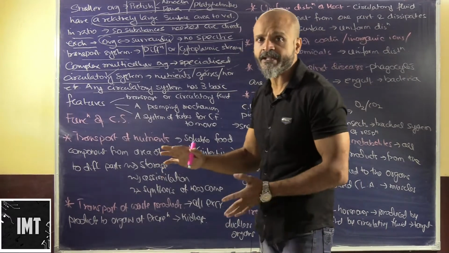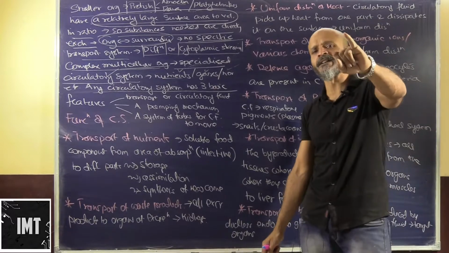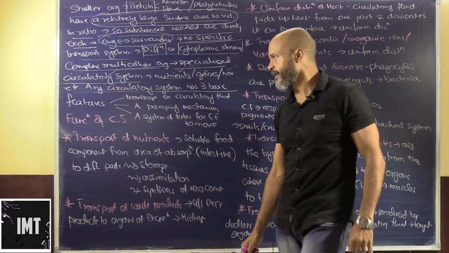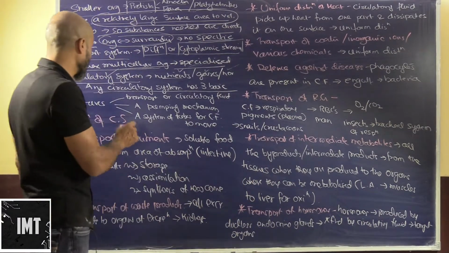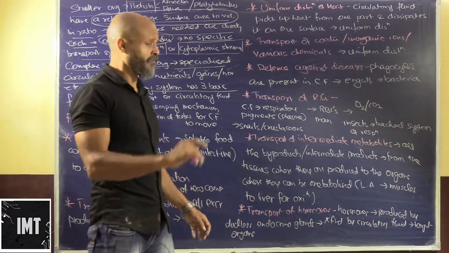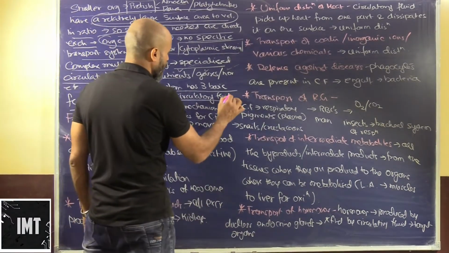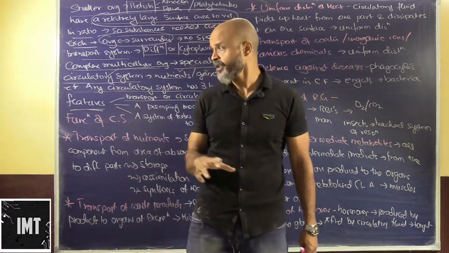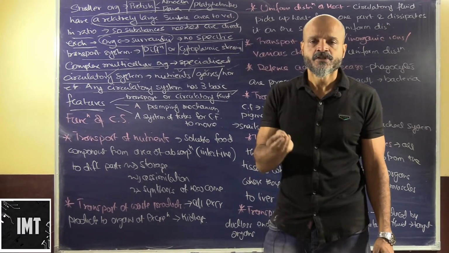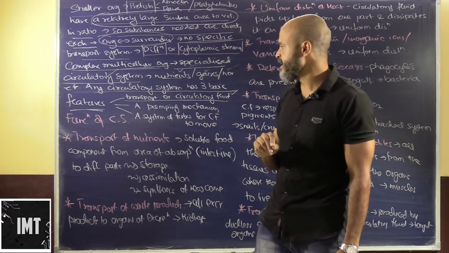We will see what are the basic things that are transported by the circulatory system. The primary things are the gases and the nutrients which are absorbed. Now, any circulatory system must have these three features. One, a transport or circulatory fluid. So we must have a fluid which will carry these things.